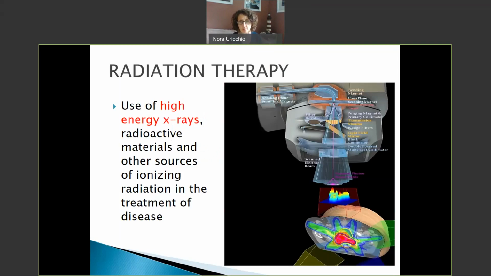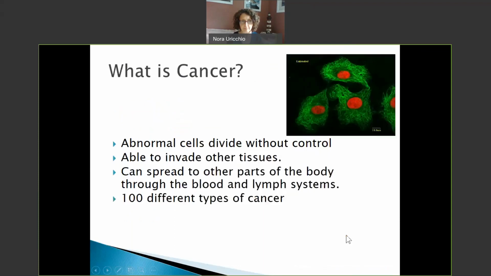What you're looking at in this picture here is an inner workings of our machine that produces the high energy X-rays called a linear accelerator. And then you're seeing a cross-sectional view of a patient. The goal is to treat this red area, that will be the target, and then we can actually manipulate the equipment to go around the patient to minimize those normal structures and to maximize the dose to the tumor.